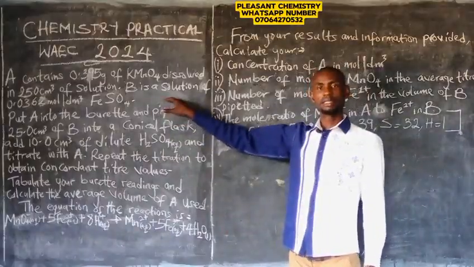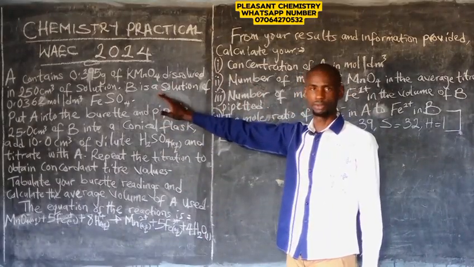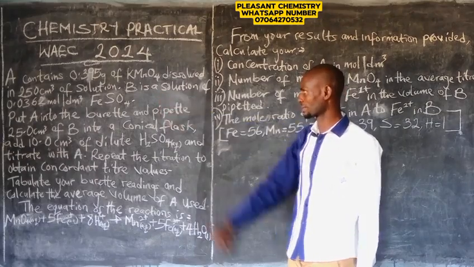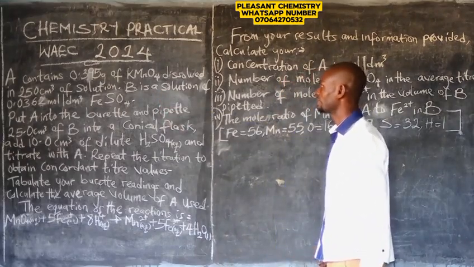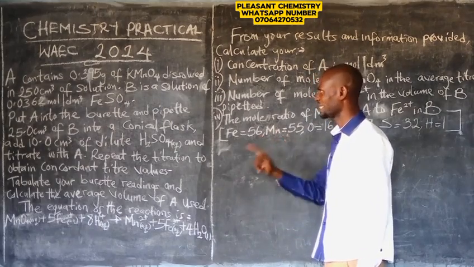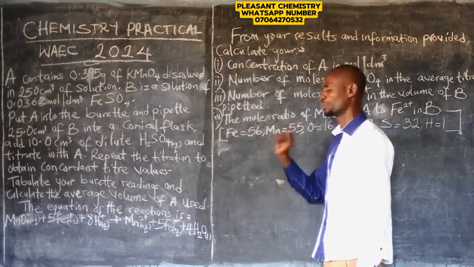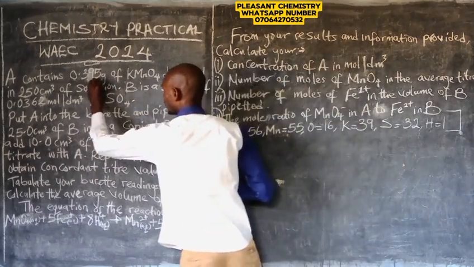Welcome back. This is another practice question on redox titration. So we want to consider another practice question. A contains 0.395 gram of KMnO4 dissolved in 250 cm cube of solution. Take note of this. We are given